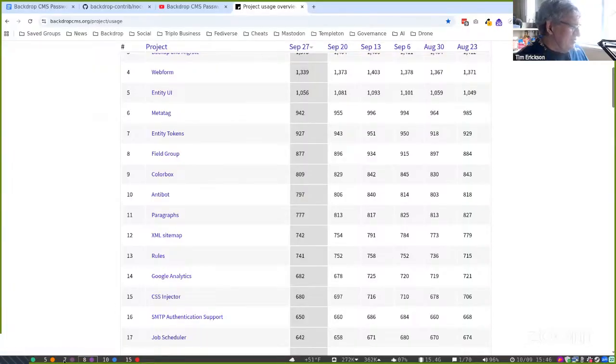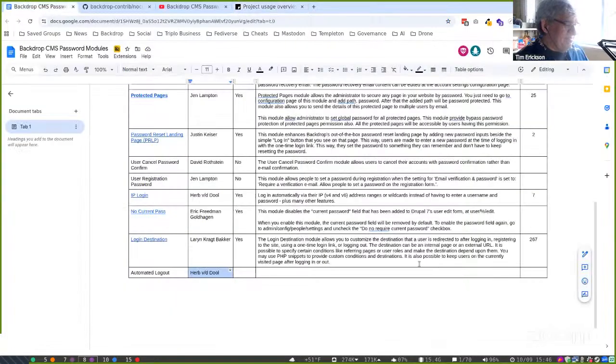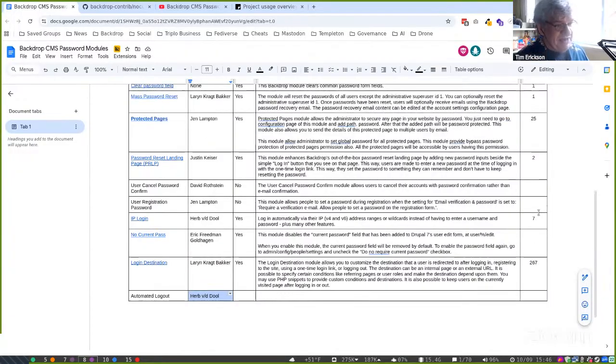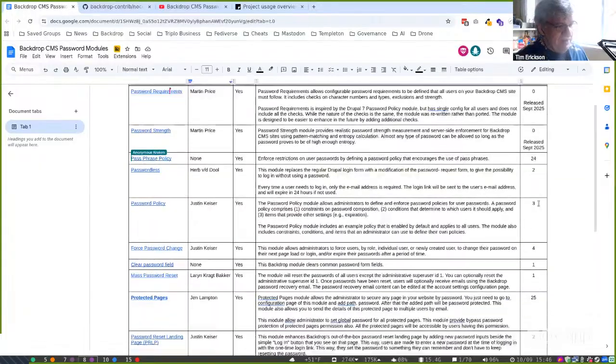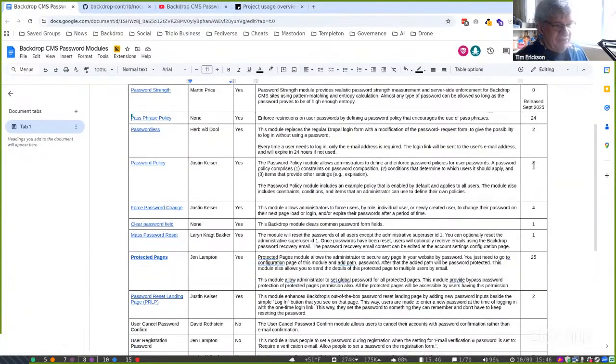It's a bit of a stretch, but the login related one would be Login Destination. I think one of you mentioned that one. That's got 267 users. Of the other ones we've been talking about, most of them are new, so they don't have users yet. But of the other ones I looked for, I found not a huge usage, but